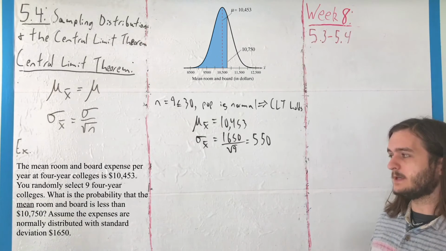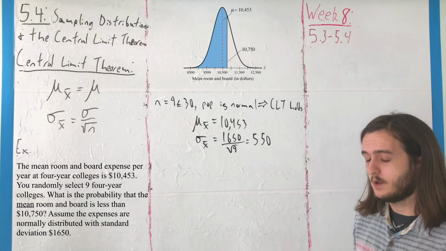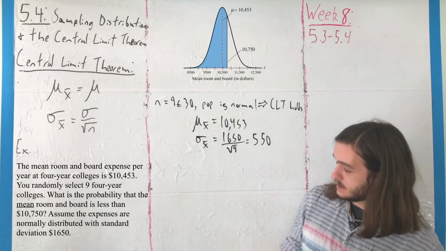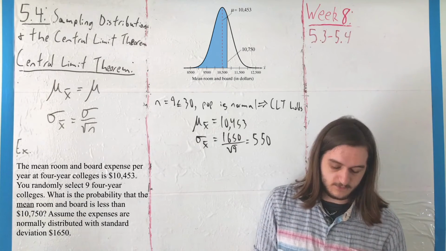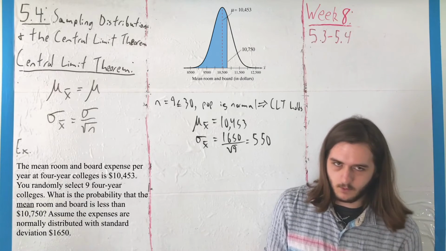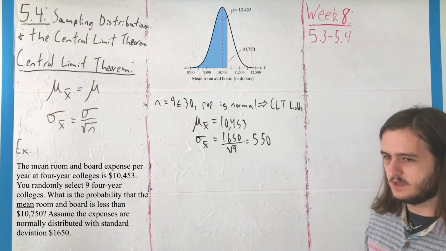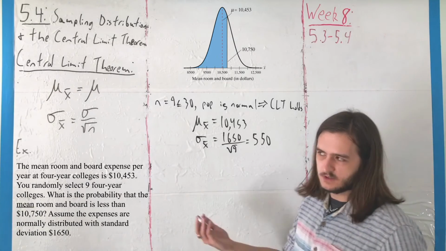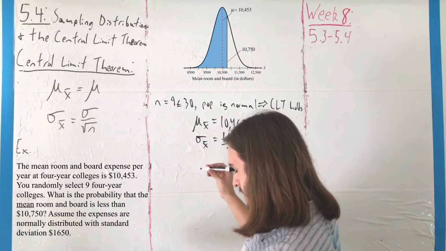Where to be sure, we can convert that to a z-score. We can get that z is equal to 10,750 minus 10,453 divided by 550, or about 0.54. But really, that's only if you want to use the table, so I'm not going to write it out. Instead,